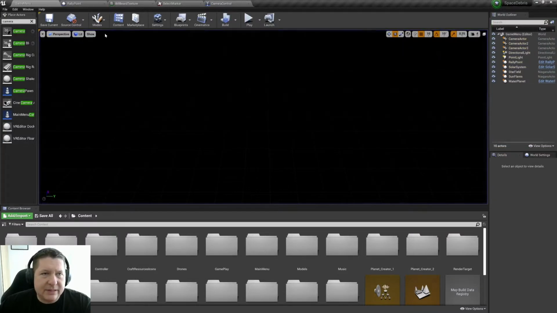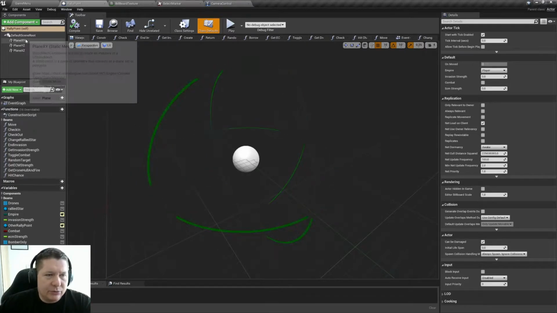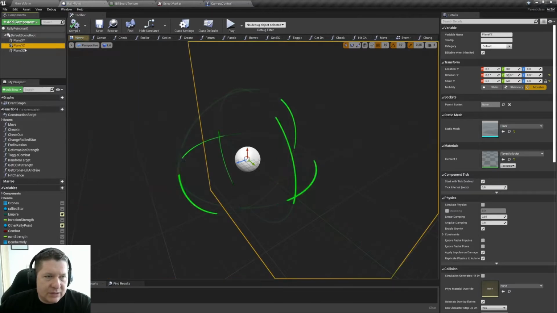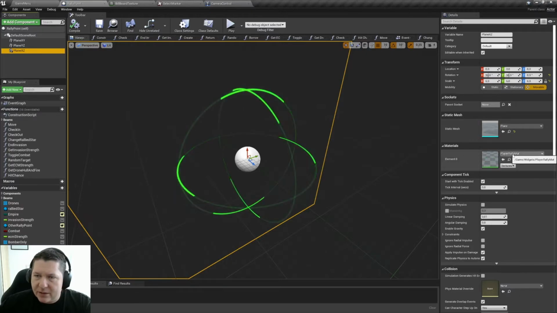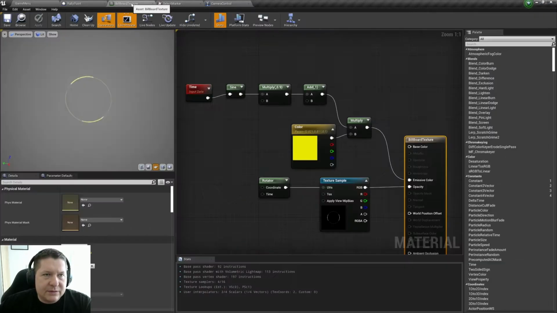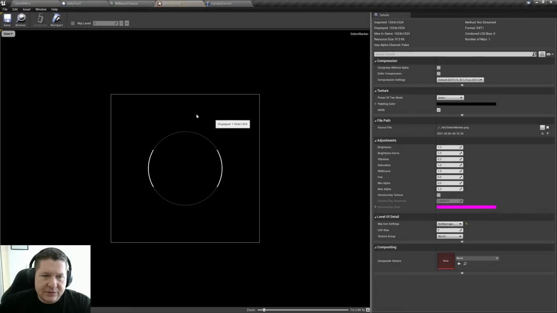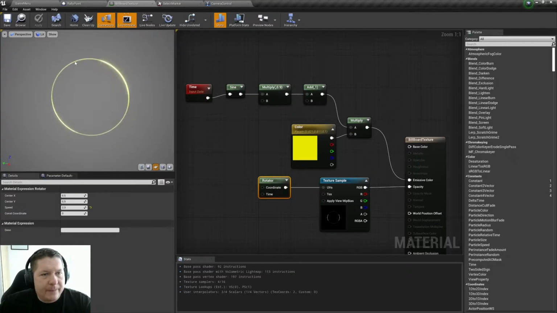So the rally point itself is another actor in the game, and it is essentially composed of these three planes. So I have this XY plane, this YZ plane, and the XZ plane. All of them share the same texture, this player rally material, which is just an instance of this particular material. And this material essentially uses this texture here, which I have created,